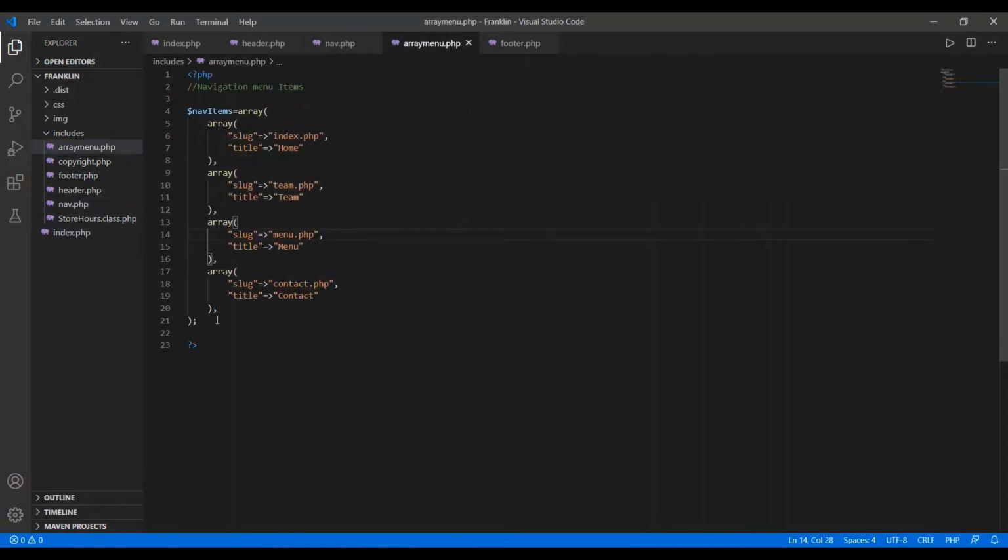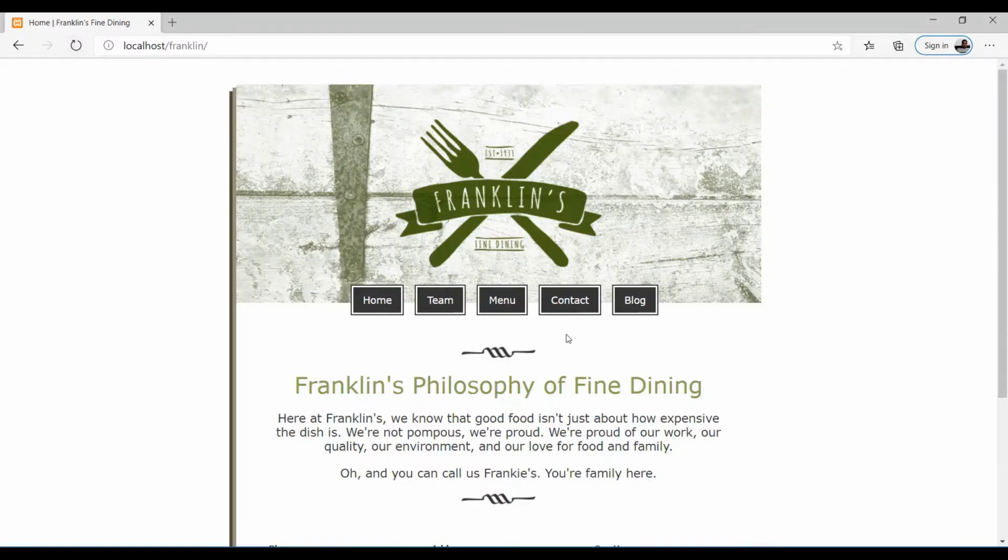If you want to add some more menus, we simply copy this using Control C, and paste it here. Say if you want to give some more values, say I want to add a blog menu to this along with the file blog.php. So simply save here and refresh it. Here you will see that one more menu is added over here, with the name blog.